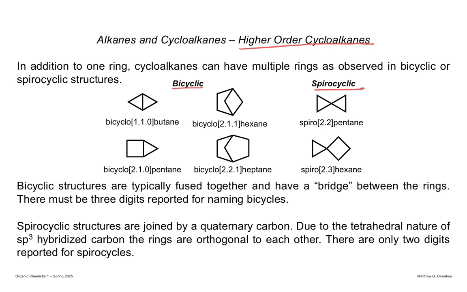So for example, bicyclo[1.1.0]butane. How many total carbons are in this molecule? 4? So we have 4 total carbons. So that gets you the butane. They all have bicyclo in front of them. So what does the 1.1.0 mean? Do you see the connection? They're all divisible by